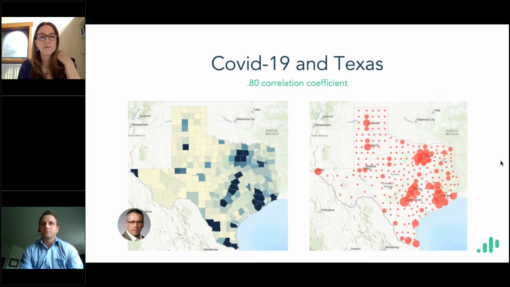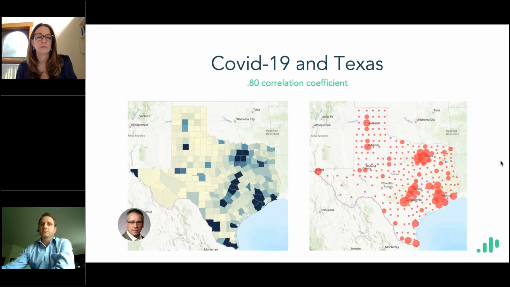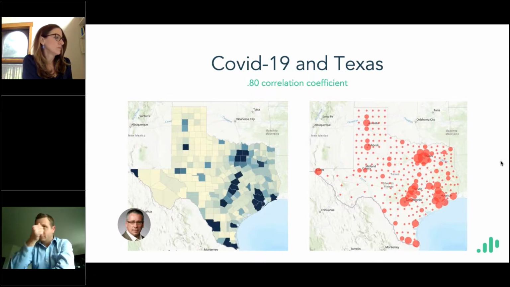In fact, it has a 0.80 correlation coefficient, which means we were actually able to predict what would happen throughout the United States. We were able to predict that it would be extreme in New York, and in every single community where it would have a severe impact. You can see there are communities in this example that are a higher risk for COVID based on key themes like population health, workplace interaction, density, and preconditions. When you break it down into those themes, you're able to make strategic decisions.